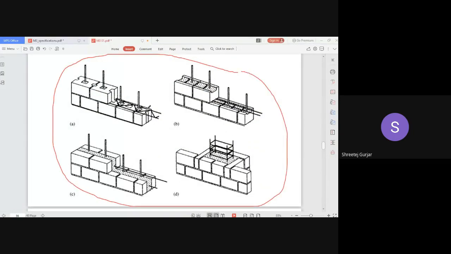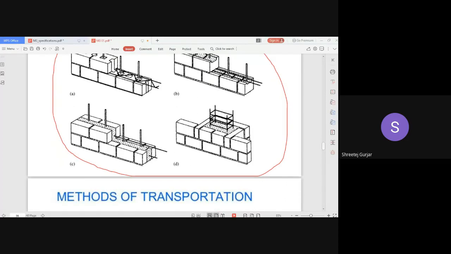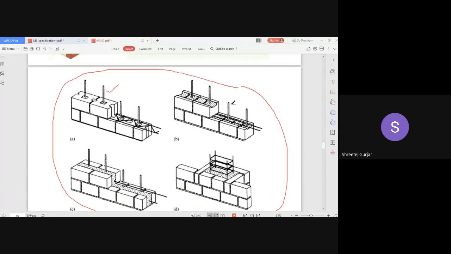So these are half brick thick walls. You can see horizontal bars are placed in your wall. You can see there are cavities, there are holes present in the brick, and you can place your steel reinforcement in that. You can place your mortar and also the steel reinforcement, that can be done, and various other forms.